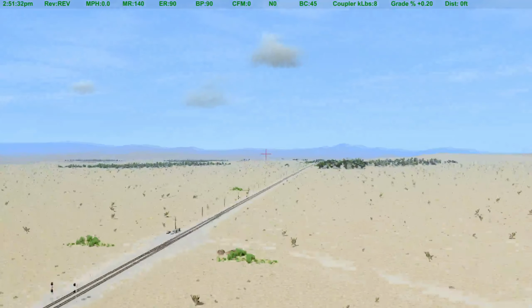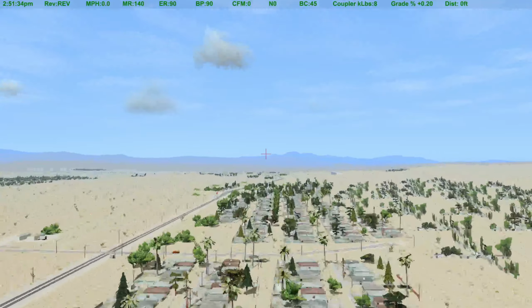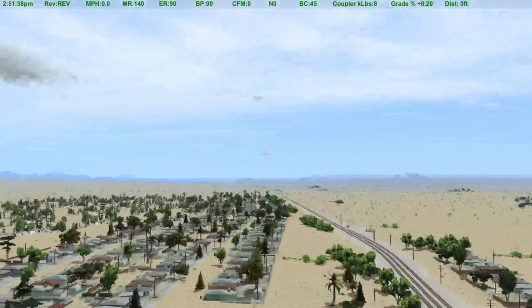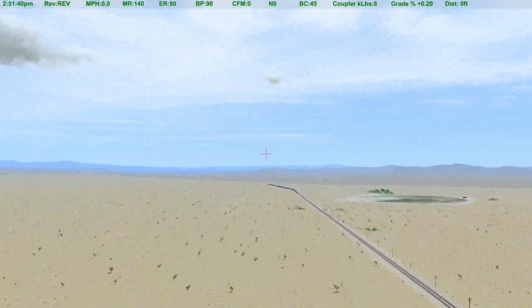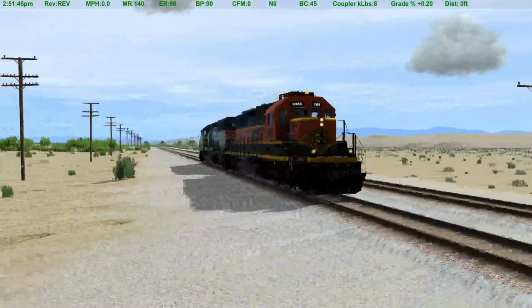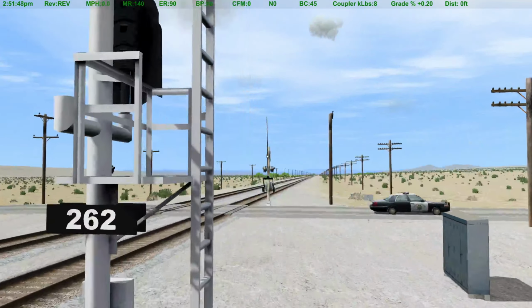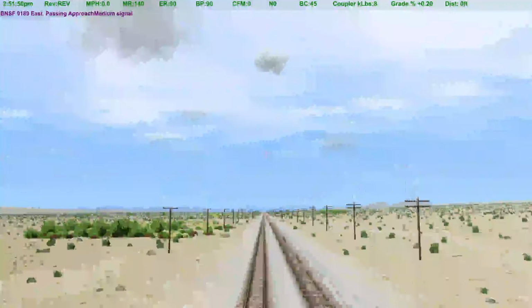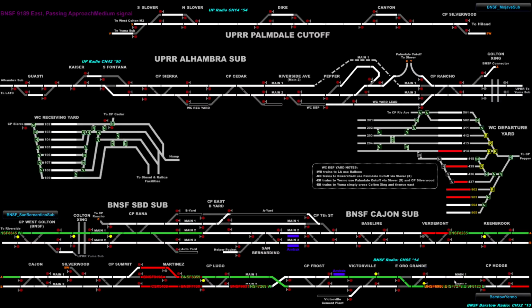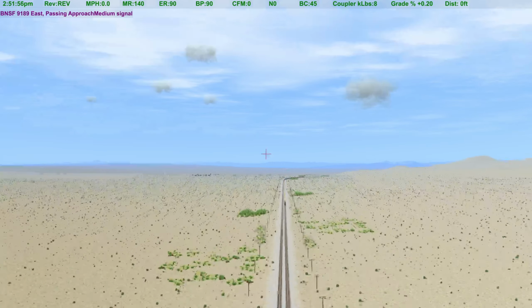I'm trying to get a siding that's not too far from here so I can go ahead and get my consist out of the way. I think that's already ended to Victorville, so we want to go back out this way. Oh. The light's still red anyway. Alright, well, if that's that block,